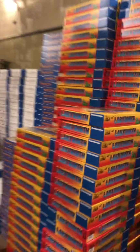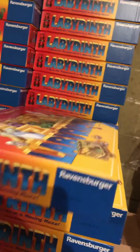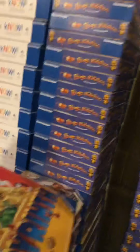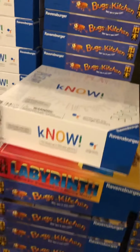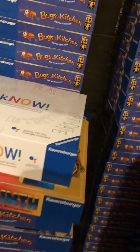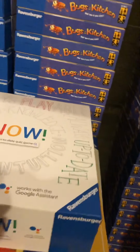So I'll grab, let's see how I can do with one hand here, a Labyrinth, grab a Bugs in the Kitchen, we'll grab a No. So there's the core of each of these bundles that we're doing with this giant wave of games we're sending